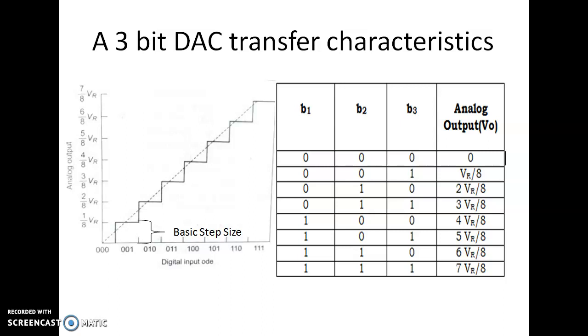It is difficult to achieve and maintain accurate ratios over a wide range of resistor values, and this puts restrictions on the use of the weighted resistor DAC for values of n above 8 bits. Therefore, the resolution of such a DAC is poor. The finite resistance of the switches will disturb the current, particularly in the most significant bit, because the current setting resistors in the MSB positions are small in value.